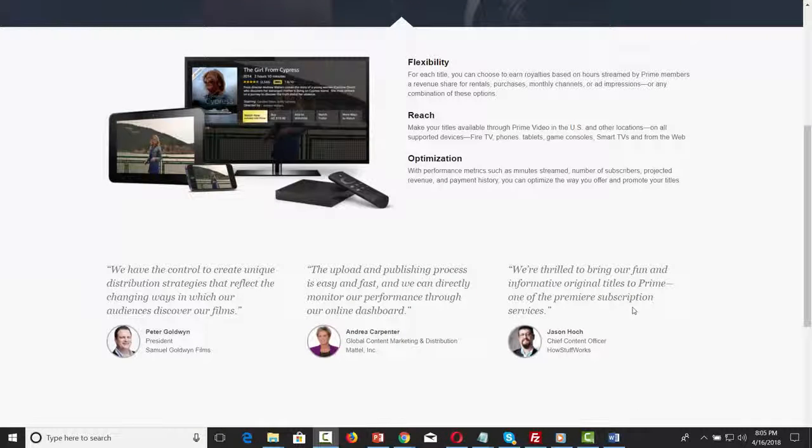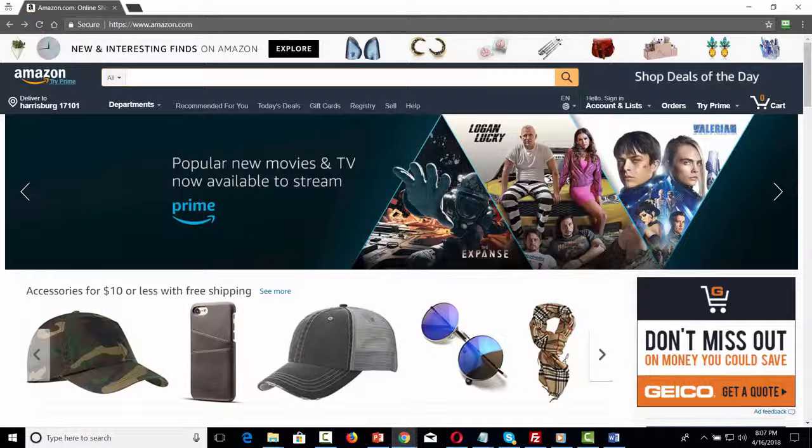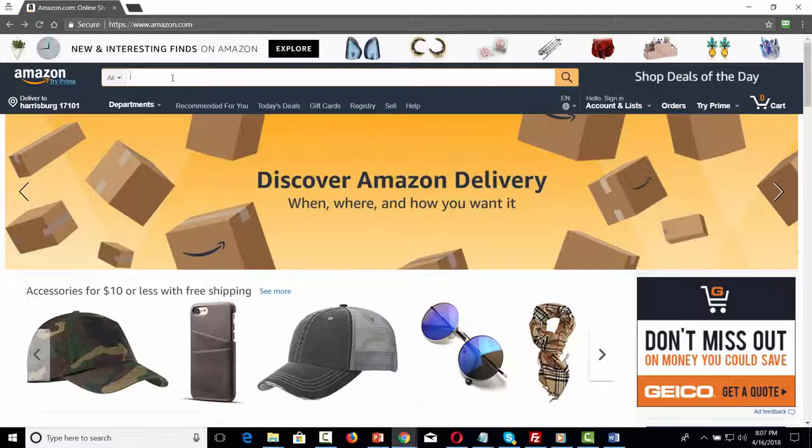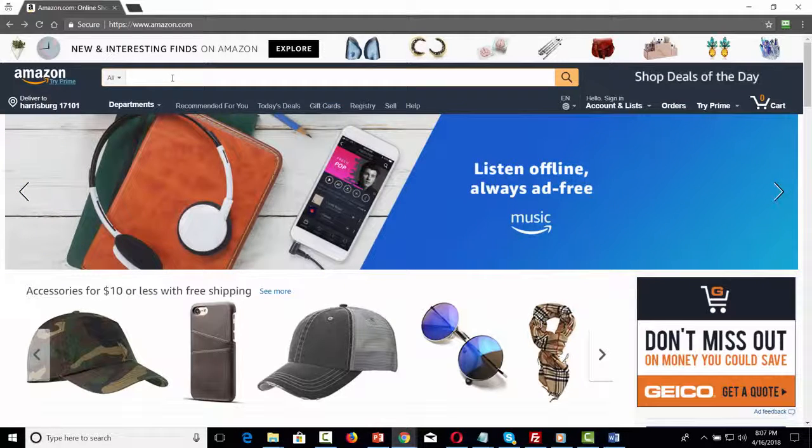Prime Video Direct is a platform designed to help content creators reach their targeted audience on the Amazon website. While Amazon is known primarily for consumer goods as well as consumer video, you can also find targeted business content. For example, if you were to go to Amazon.com and type in the words WordPress membership,